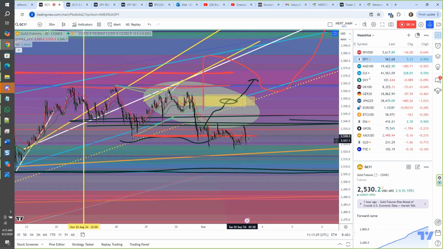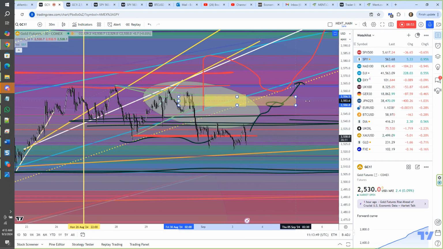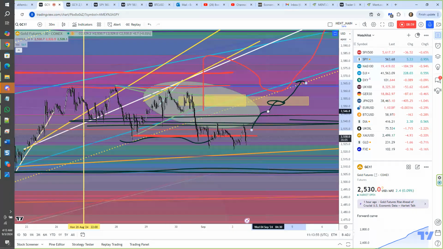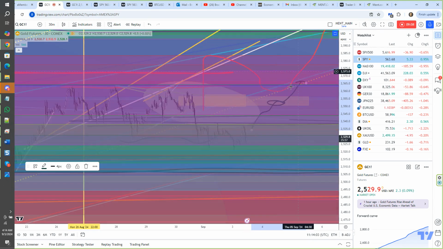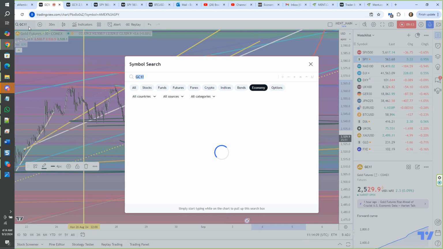So we want to see support in gold right around this 25.25, 25.30, 25.35 area. And we want to see gold rally up out of this mode, kind of like I drew right here. We want to see it rally back into this area here, trying to build a breakaway zone. Okay. That's really where we're at. We do want to see it move into this 25.50, 25.55 area, try to build support before trying to break away higher.